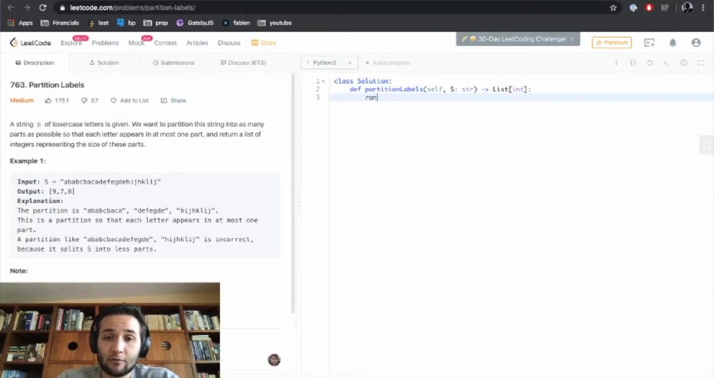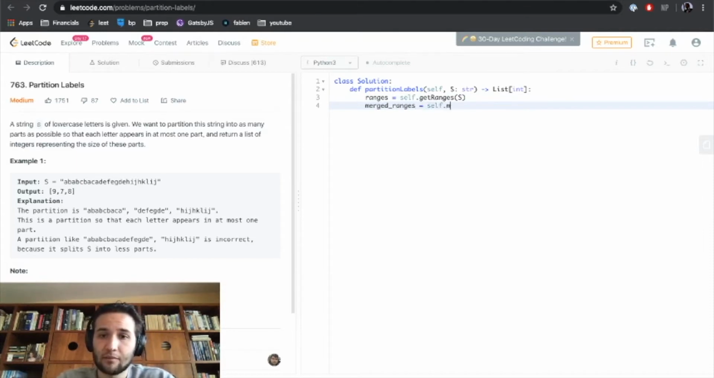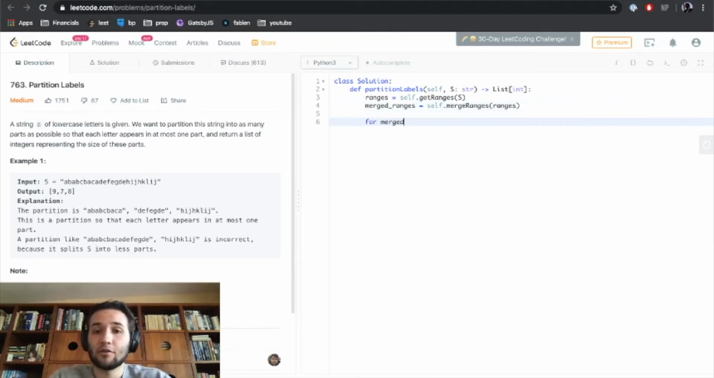So we can say ranges equals self.get_ranges given S, right? Then once we have the ranges, we want to merge the ranges. So merged ranges equals self.merge_ranges of the ranges. Once you have the merged ranges, we say, okay, for each merged range, we have an output array, which is what we want,